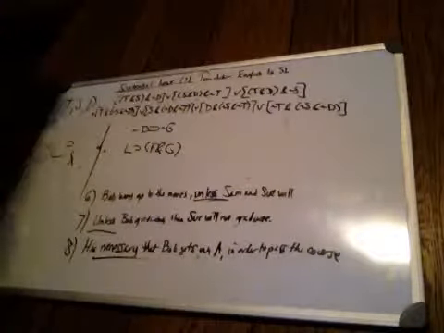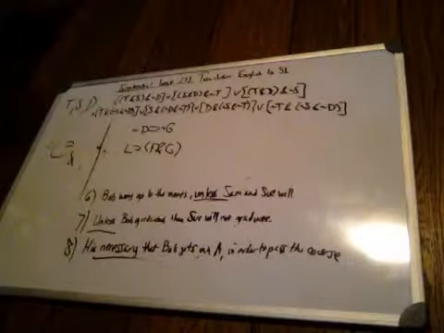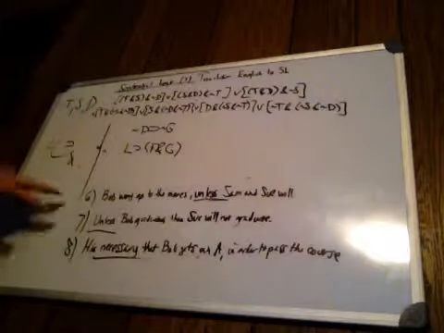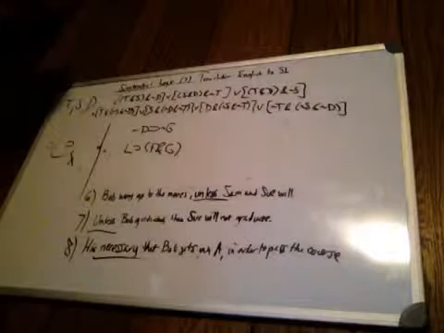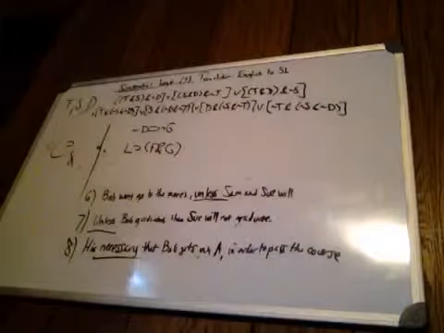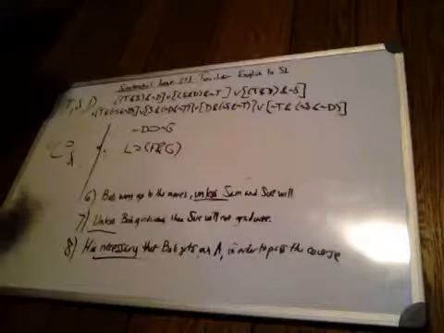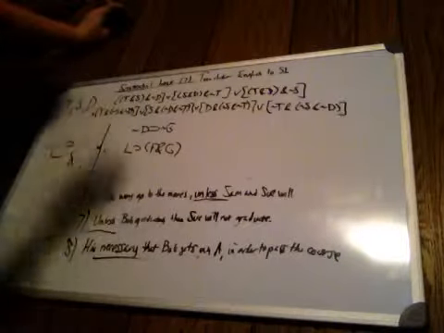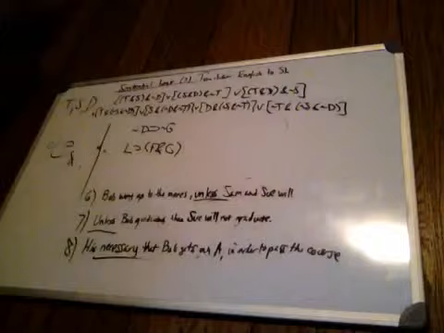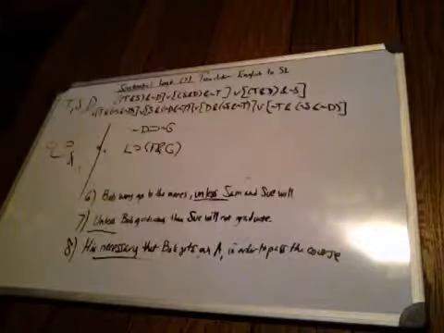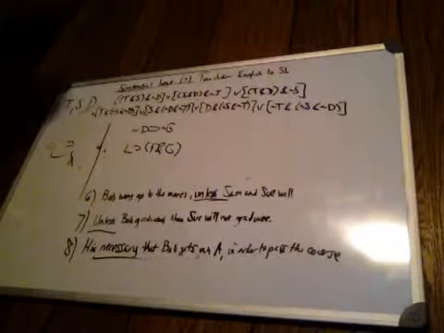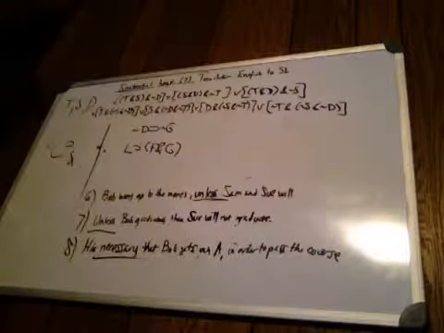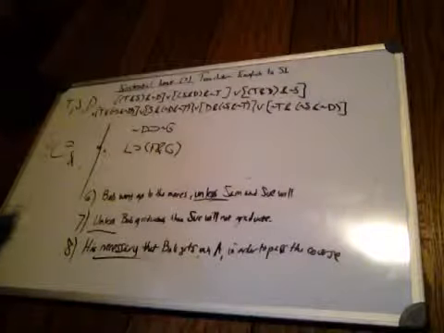Number 6, Bob wants to go to the movies, or Bob won't go to the movies unless Sam and Sue will. Now, unless, 6 and 7, I have unless because it's a very tricky thing in logic, because it's not that easy to symbolize, because you have to think about, well, what does unless mean? It does mean something, and we can symbolize it. And unless, hopefully you can figure out what the word unless hints at. Unless is, of course,